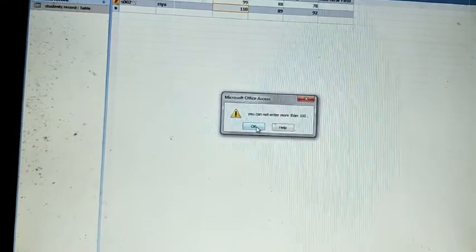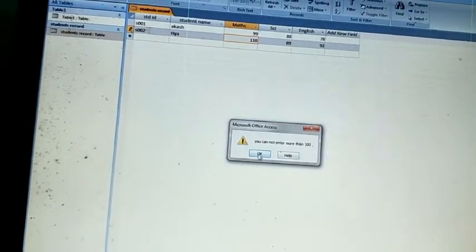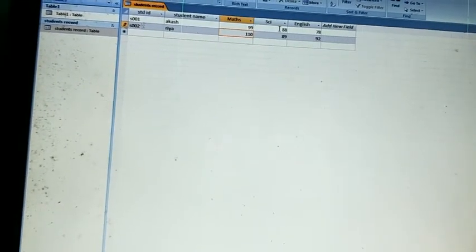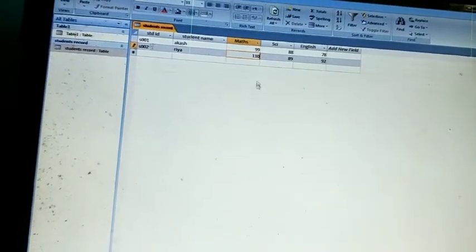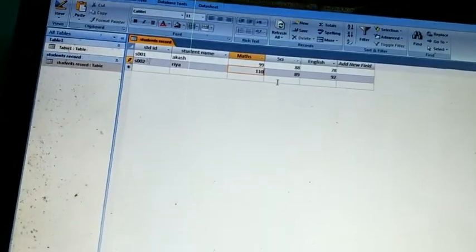After that, if you want to move to another field, it will not allow it. If you want to edit another field, you cannot. Why? Until you change it, you cannot move from that field. It will not allow you to move from that field until you correct the data entry.